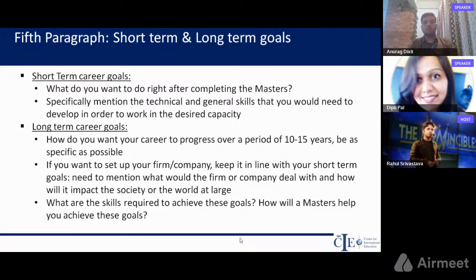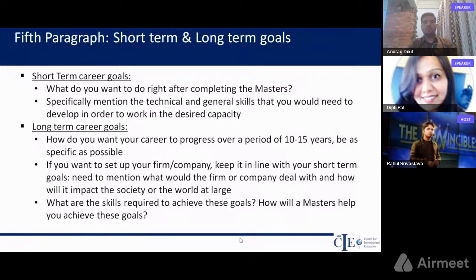So you have to talk about the specific skills that you want to gain, and essentially what kind of career you're looking at for yourself. You have to justify it with the learnings that you already have, and what kind of mindset, what inspired and motivated you to pick that career. Once they can see the clarity in your short term and long term career goals, that solves a lot of your problems, because once you have clarity and can express it, you can move on to why masters will help you achieve these goals, right?